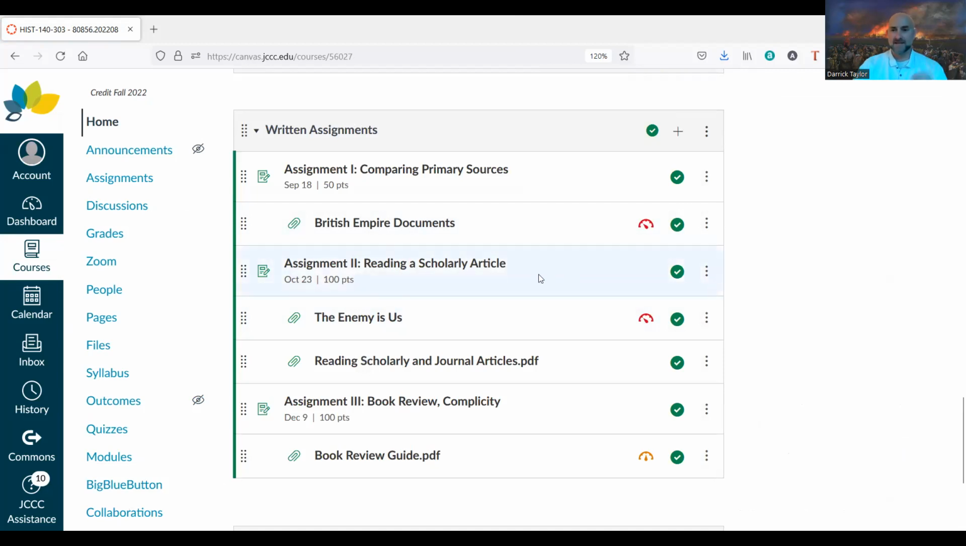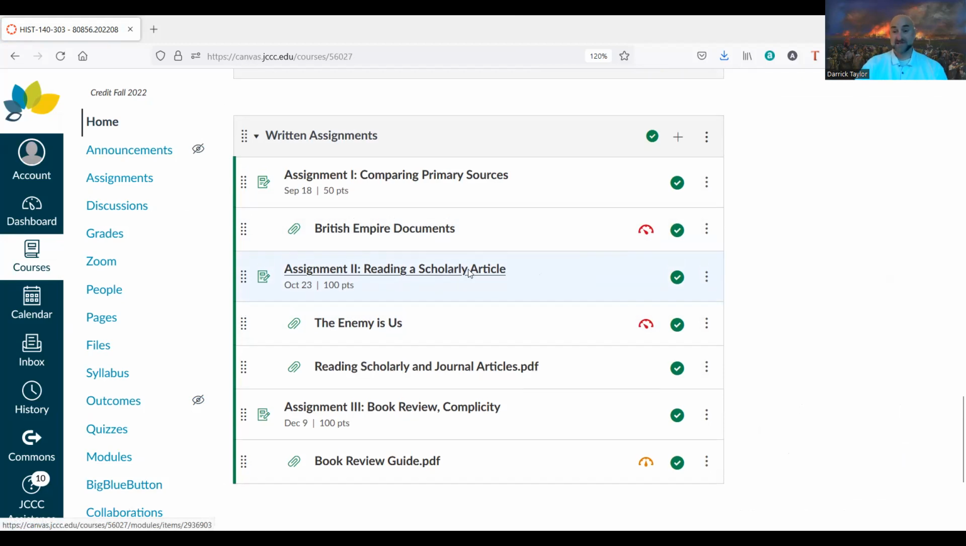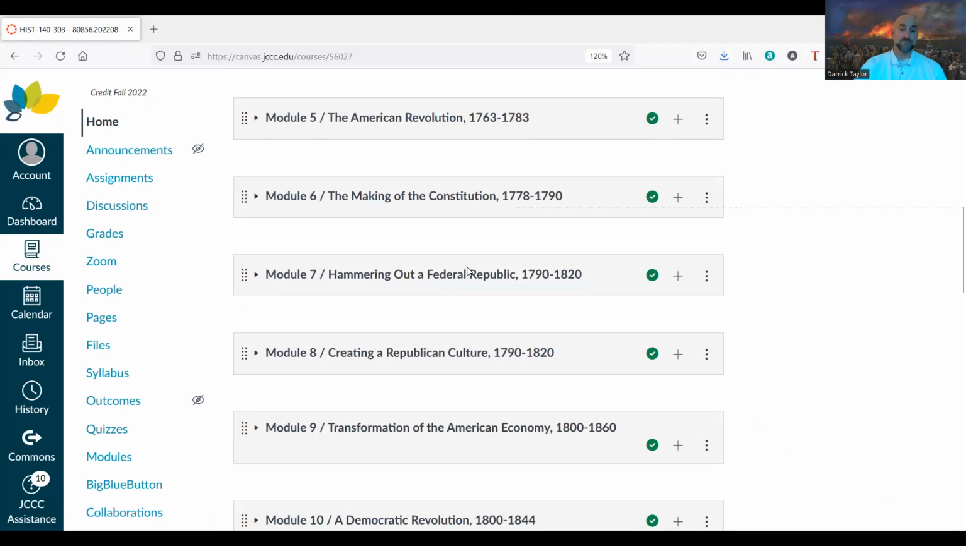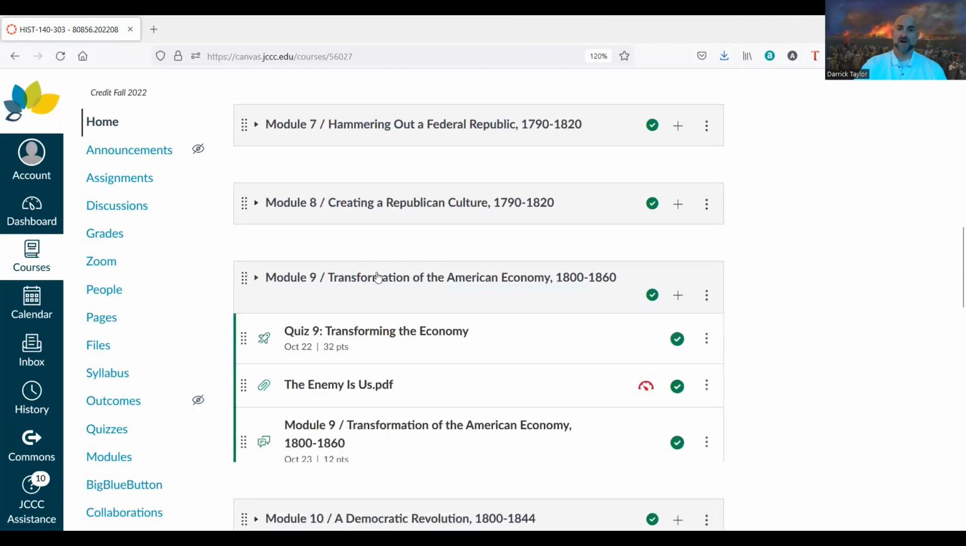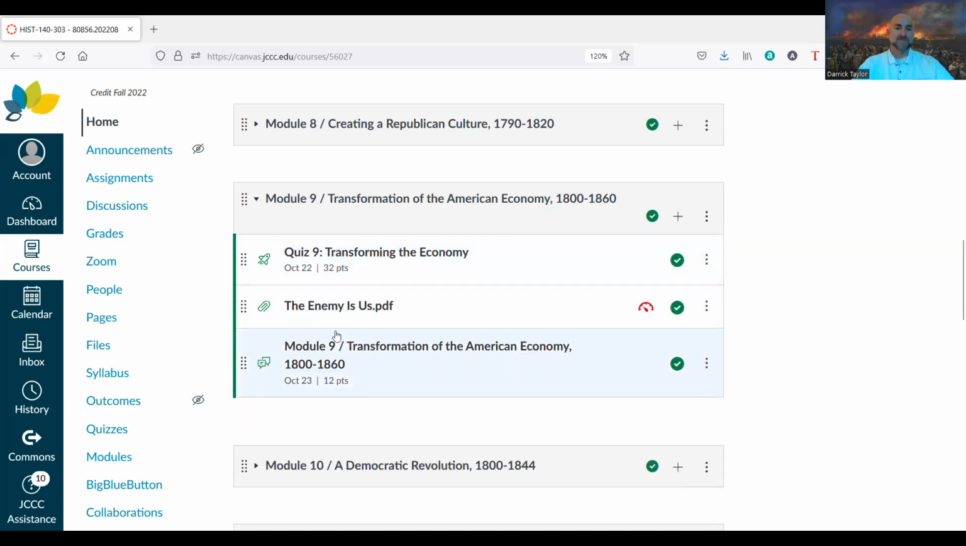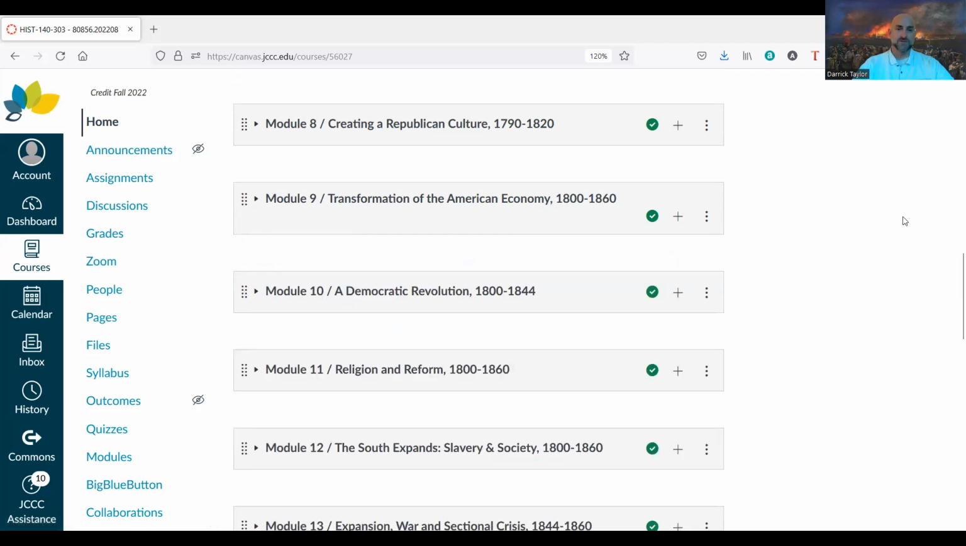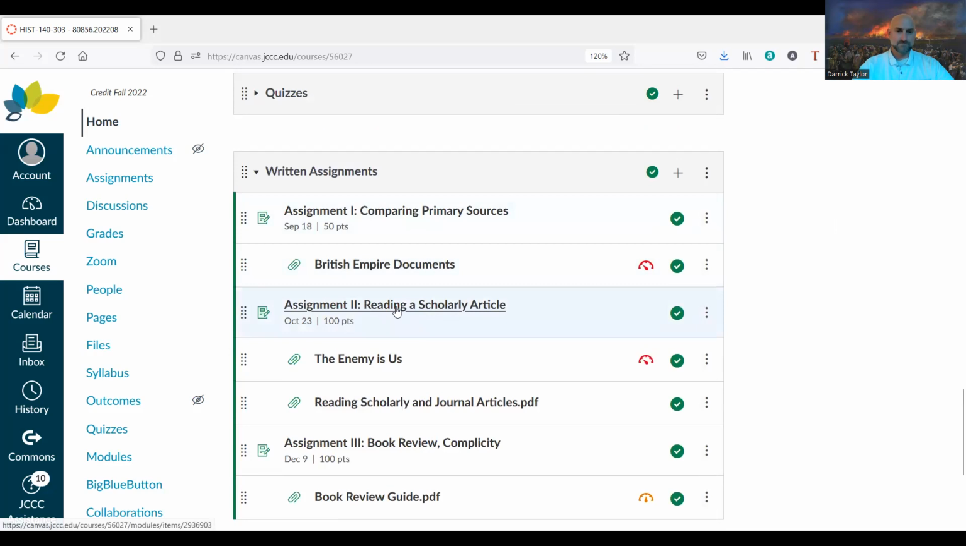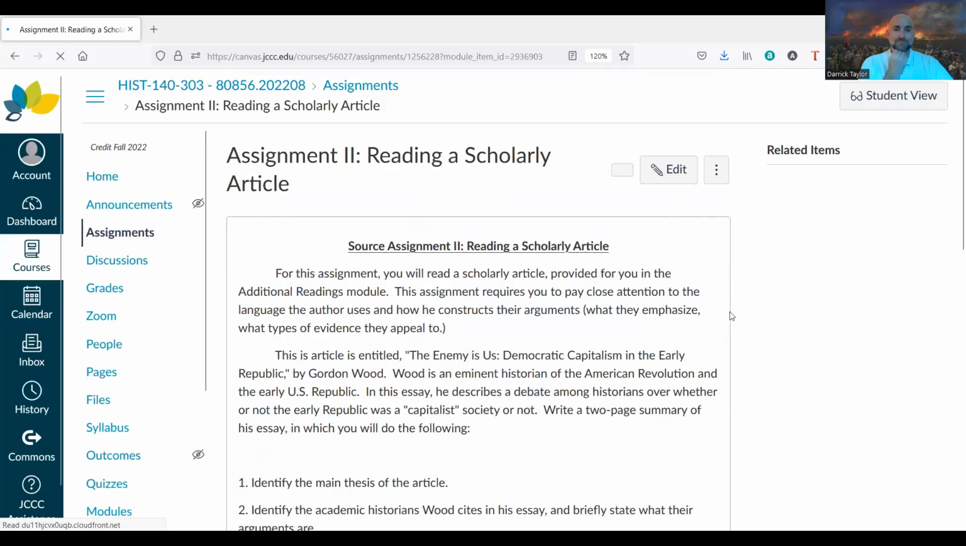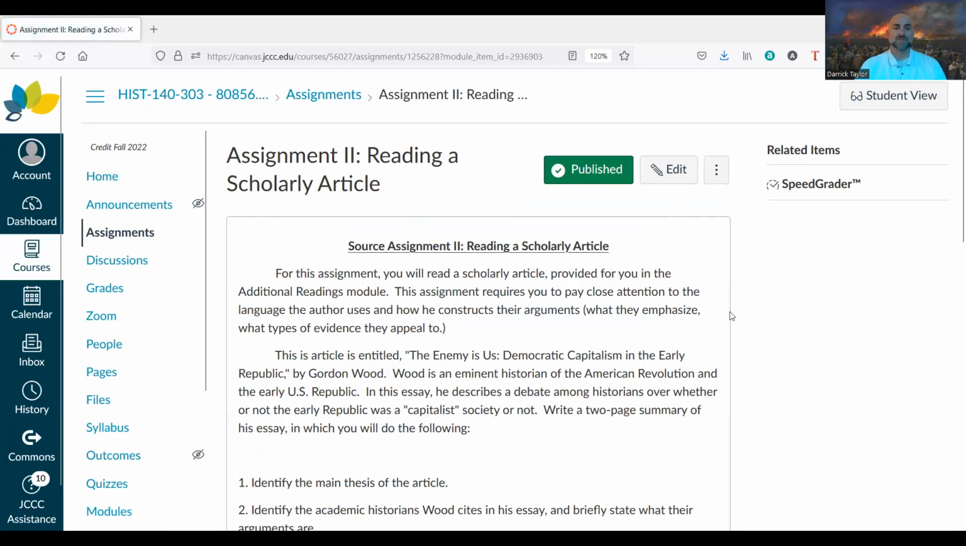So your second assignment will be reading a scholarly article. I'm going to have you read an article I'm assigning in one of the earlier modules, week 9, transformation of the American economy. It's about the economic transformation of the United States once it became a country after the revolution. The article is called "The Enemy Is Us: Democratic Capitalism in the Early Republic" by